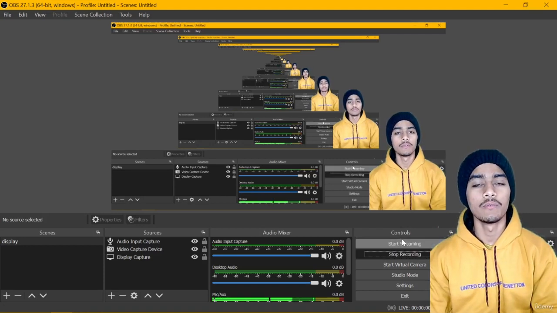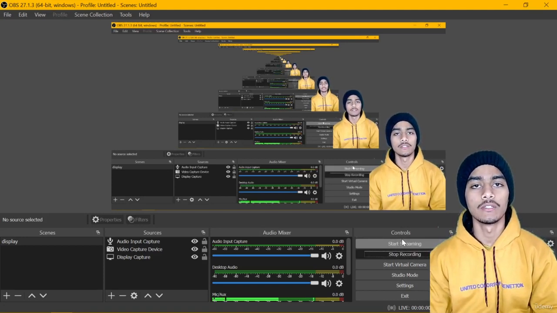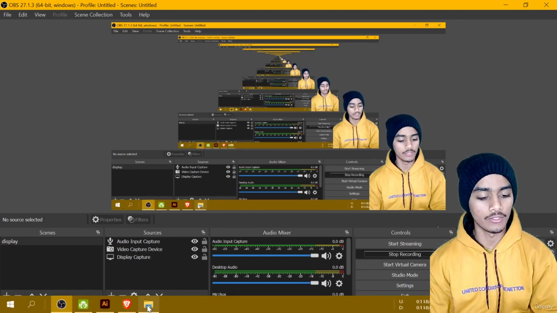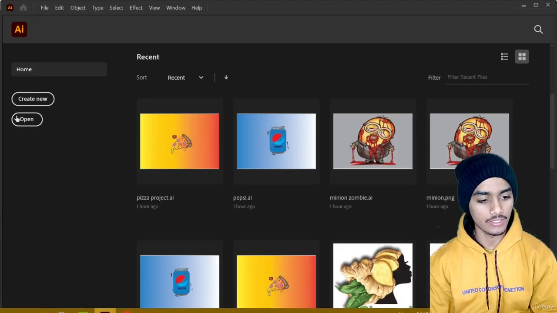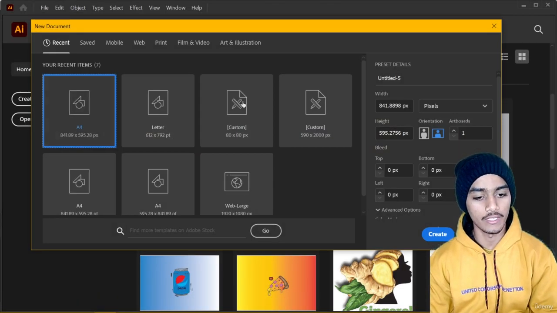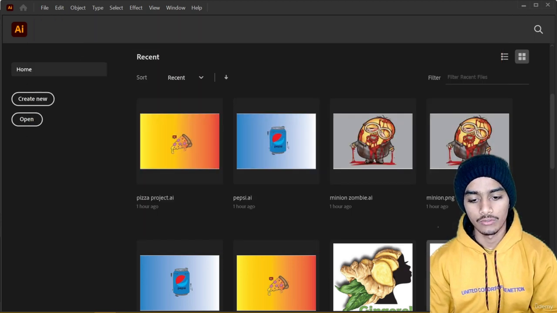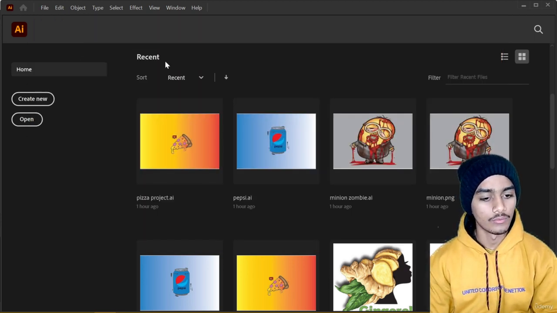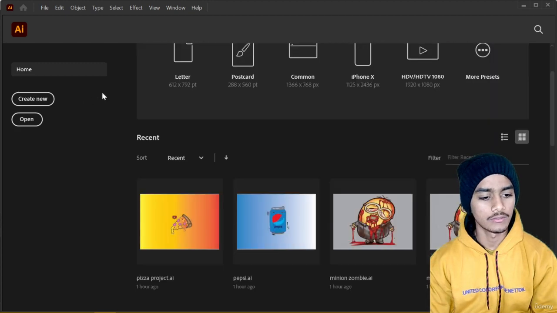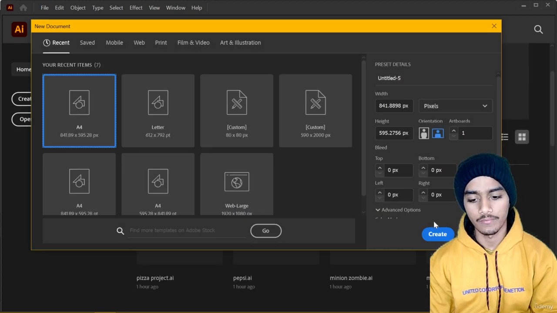In this lecture, we will learn basic things we need in Illustrator to make our drawings. So just start, create a new file. Okay, yes, you can create a new file. Here you can name that new file